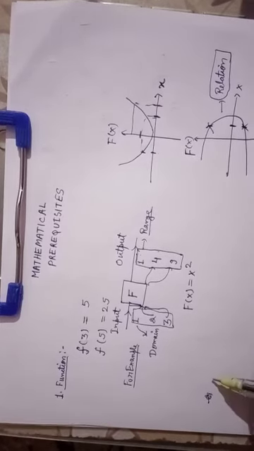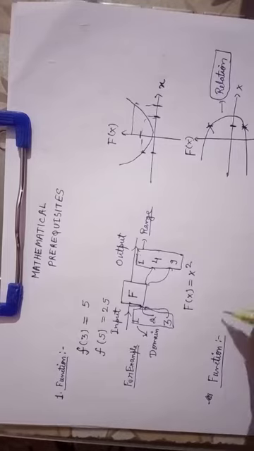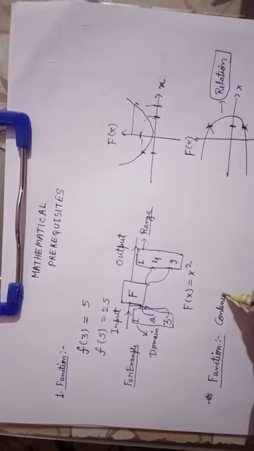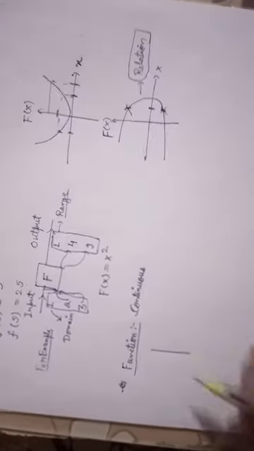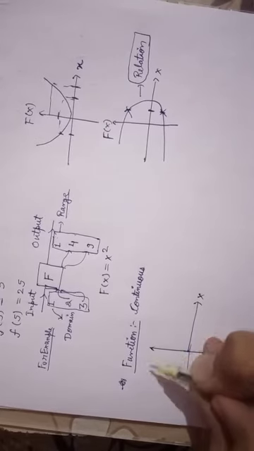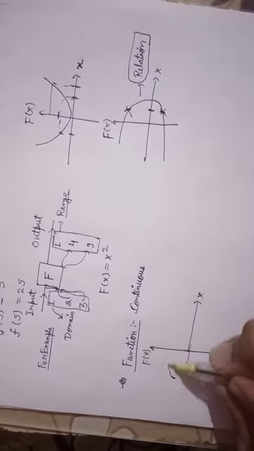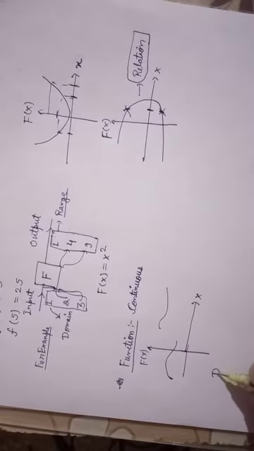Now there are a few properties of functions. In physics, the function needs to be continuous. In the general sense, in physics we mostly deal with continuous functions. When I say continuous, it means that the function would not have any break. Let's suppose this is my coordinate axis, x and f of x, and this is my function. This is not going to be a continuous function. This is a discontinuous function.